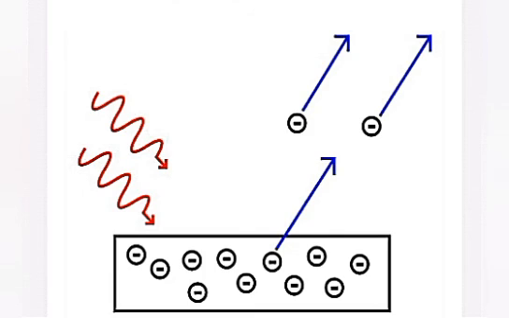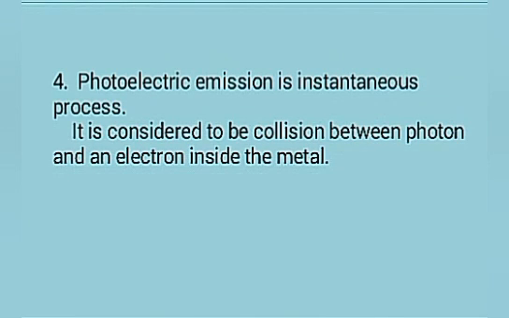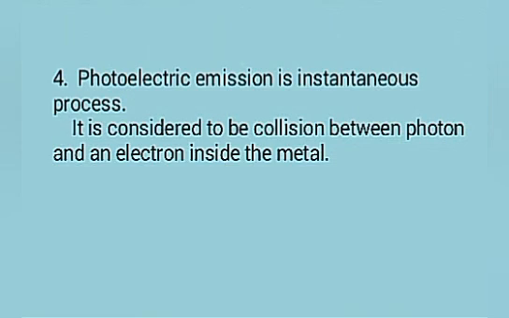Interaction of the photon with the electron means the falling of light on metal. So there will be no time gap between these two processes. Hence this process can be considered an instantaneous process. So finally, Einstein satisfactorily explained the photoelectric effect. That explanation confirmed the particle nature of light, because Einstein explained the photoelectric effect considering light as a particle, that is, light as a photon.